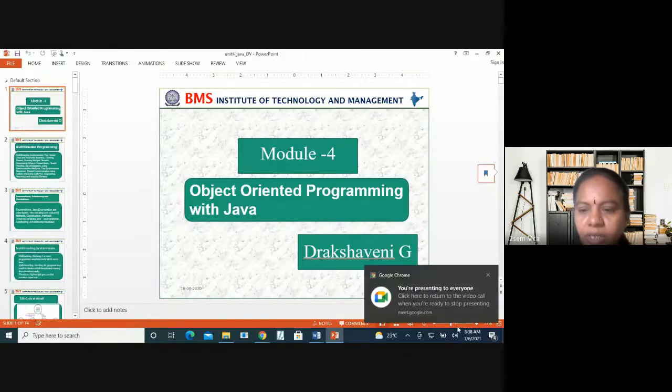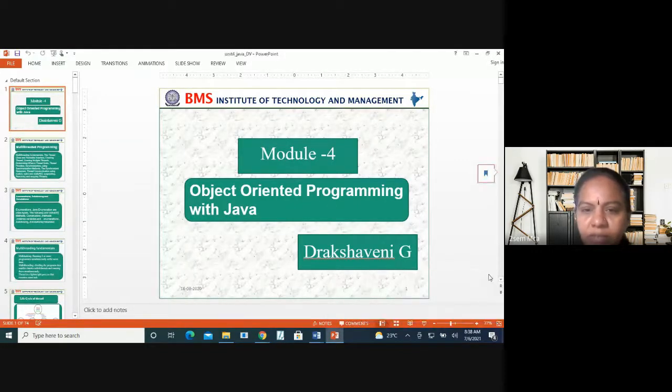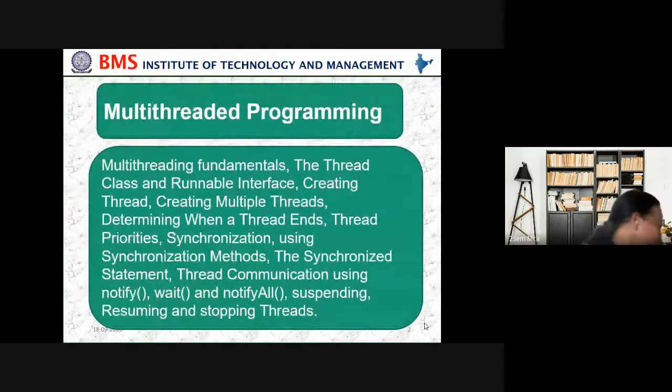Okay. So in yesterday's class, we started with the next module. There is the fourth module. So what is there in the fourth module? It is about multi-threaded programming.